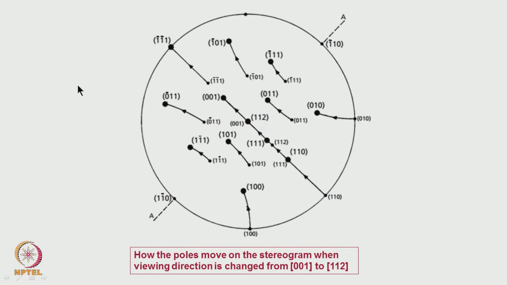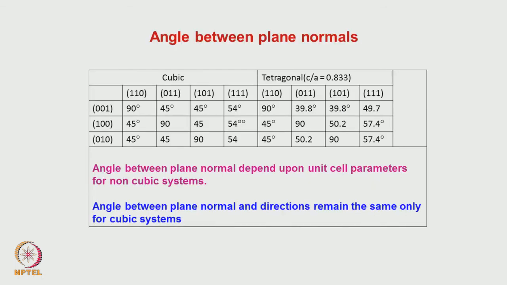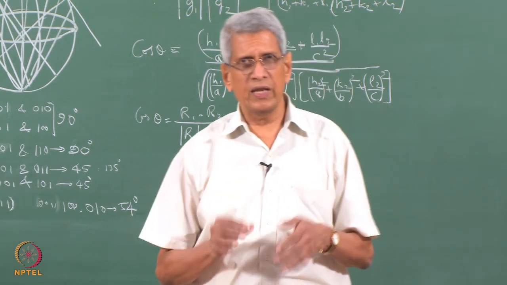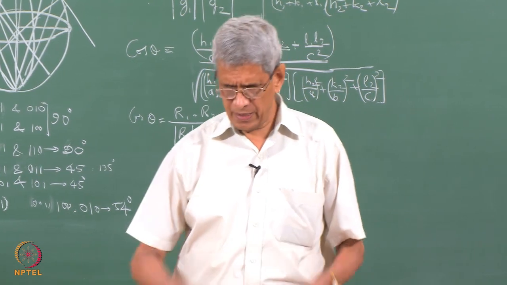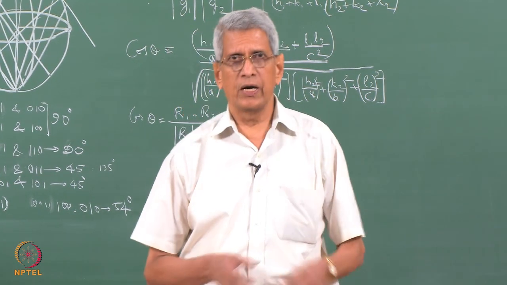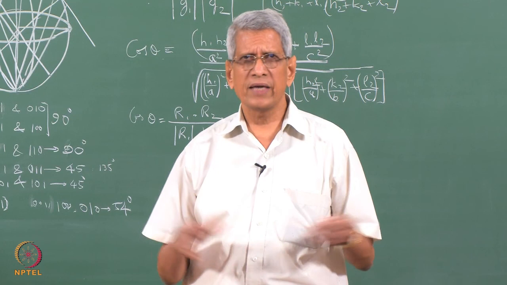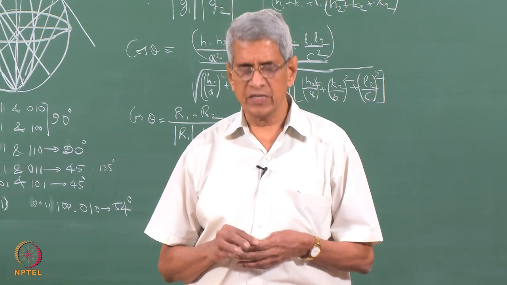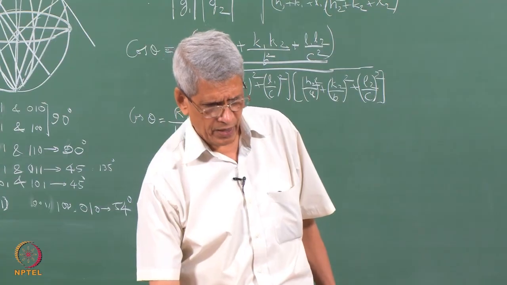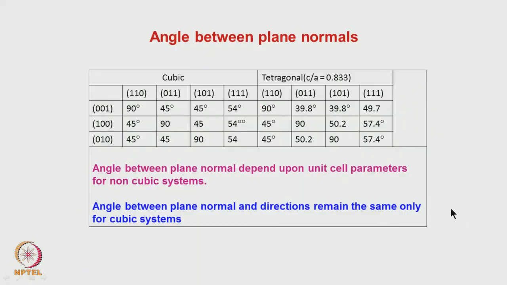This is the way, in the previous view graph, we went from 001 to the 011 pole. So far, we have learned how to construct a stereogram for 001, 011 and 112. Like this, for any pole one can construct a stereogram. That is for a cubic system. Normally, stereograms for cubic systems are available in books, or one can buy them in a standard size, and they can be used in the analysis.